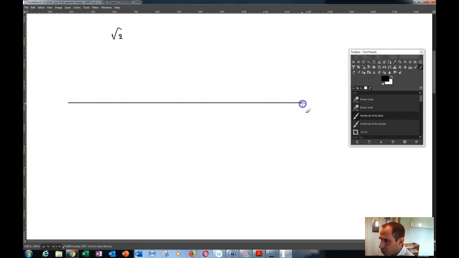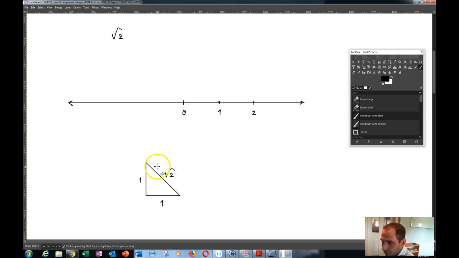And the way that you can do it is using the Pythagorean theorem, meaning that if this is 0, and let's say that this is 1, and this is 2, you know that if you have a triangle with sides 1 unit and 1 unit, then the length of the hypotenuse is the square root of 2, because